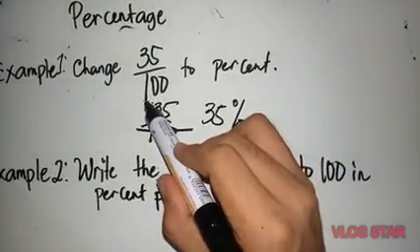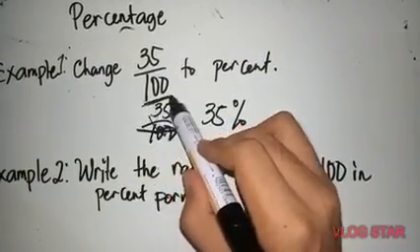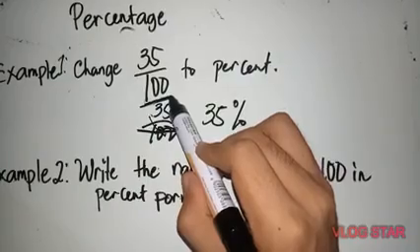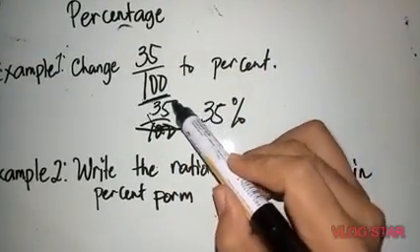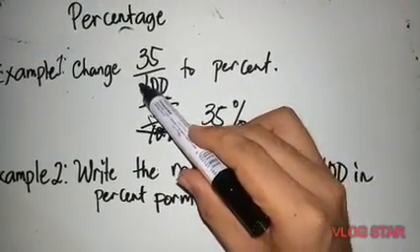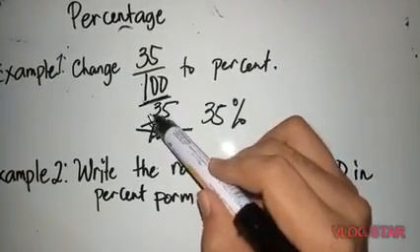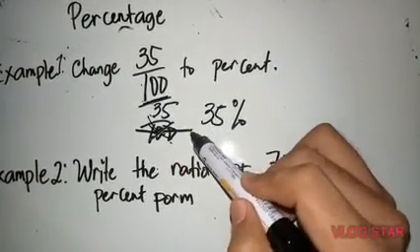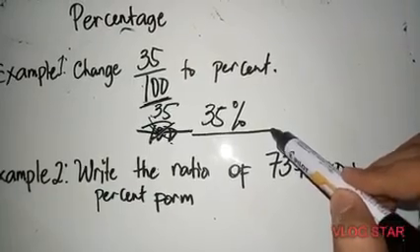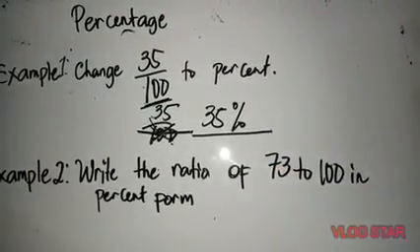Again, if the denominator is 100, just cancel the denominator, remove the bar sign, and annex the percent sign to the numerator, making it